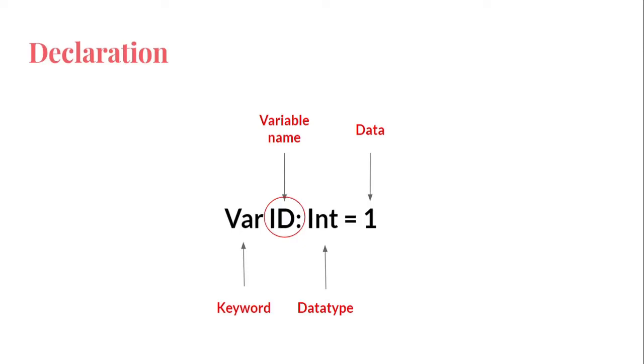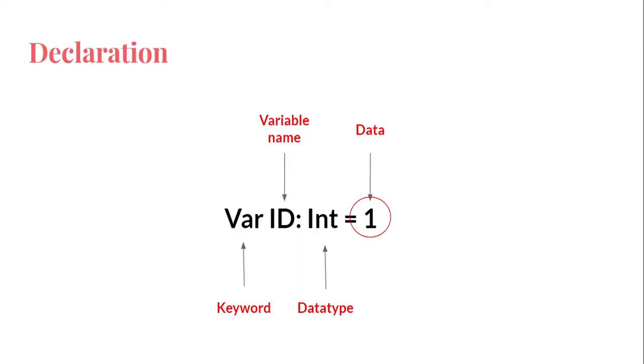So after this colon, you specify the type of the variable. So for example, in this I'm storing 1 in id. That means 1 is an integer type of value, right? So I have put in Int. That means I have declared the data type. After that, we use is equal to and mention the data we want to store in here. So I guess you guys have understood the basic syntax of the declaration of the variable.